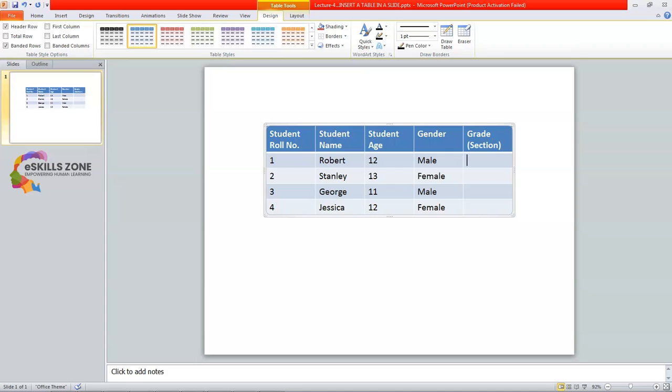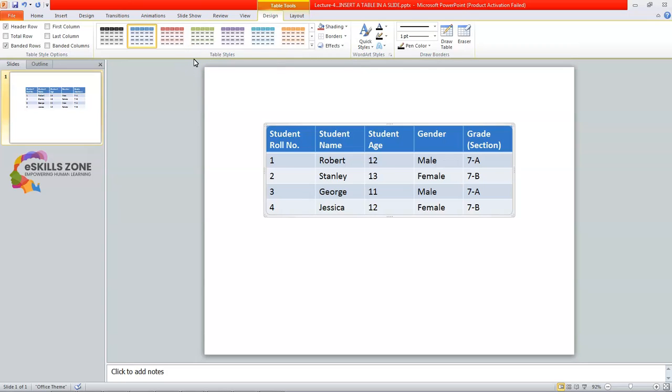So I will type grade 7, and then section A, then grade 7, then section B, and I will repeat the same thing in the next 2 rows. So here you can see that we can develop a very good table and add it into our slide